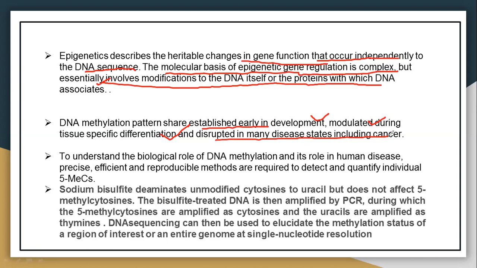So what does bisulfite conversion actually do? Sodium bisulfite deaminates unmethylated cytosine to uracil. Here there is a differentiation between methylated cytosine and unmethylated cytosine. Methylated cytosines are protected from bisulfite conversion, and unmethylated cytosines are converted to uracil in the presence of the reagent bisulfite. Now we will see how this conversion occurs.